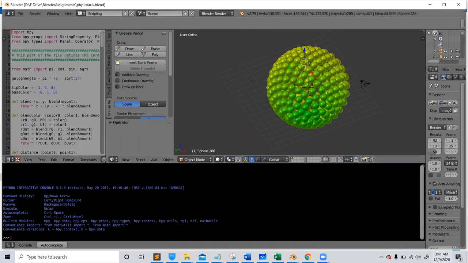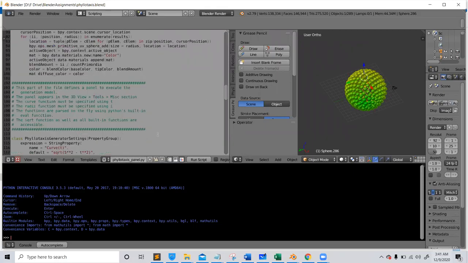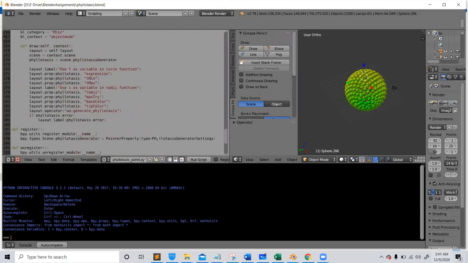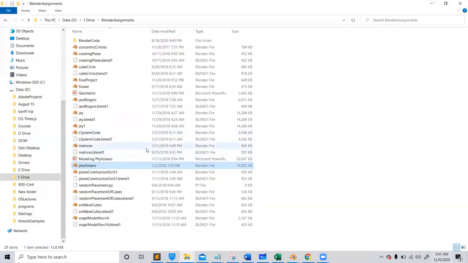Okay, I gave him an assignment, so he wrote the code again in Blender. So this is all written in Blender. This guy has done it, and this is from a paper. I gave him a paper to implement. But